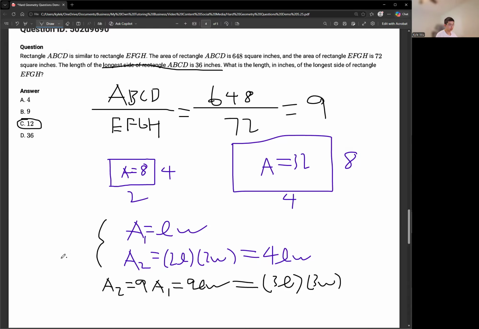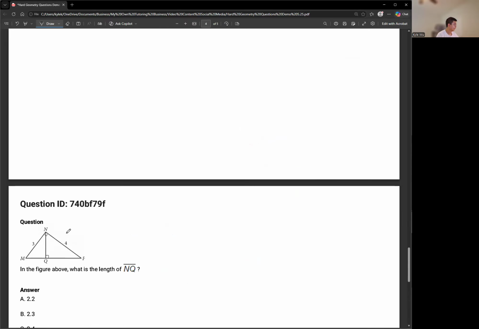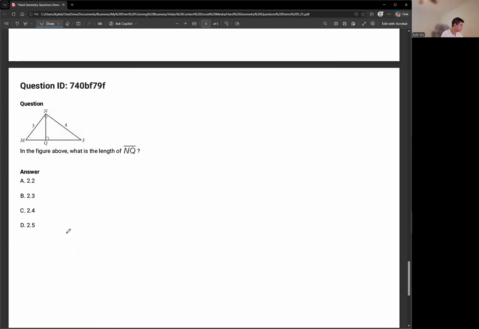All right, I have one more question for you guys today. And that's this one. So you have this triangle set up here, and they're asking you for essentially the height of that triangle. What is the length of NQ? And the trap that many people fall into is they'll use Pythagorean theorem, they'll set up a bunch of systems of equations, but that takes forever to do. It's actually a pretty involved thing. The shortcut you can take advantage of here